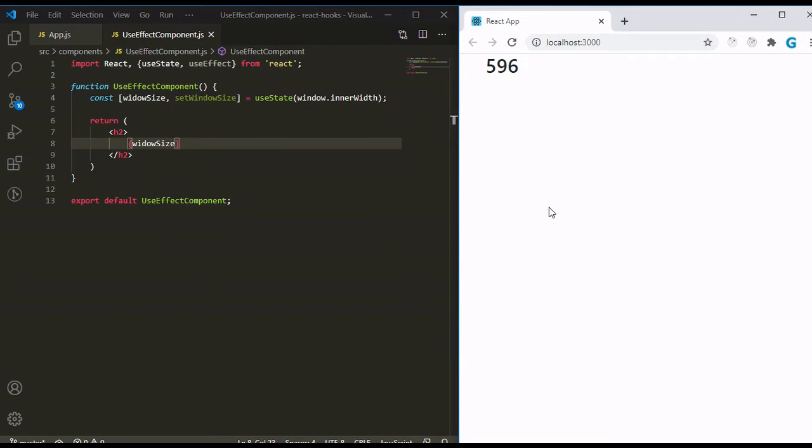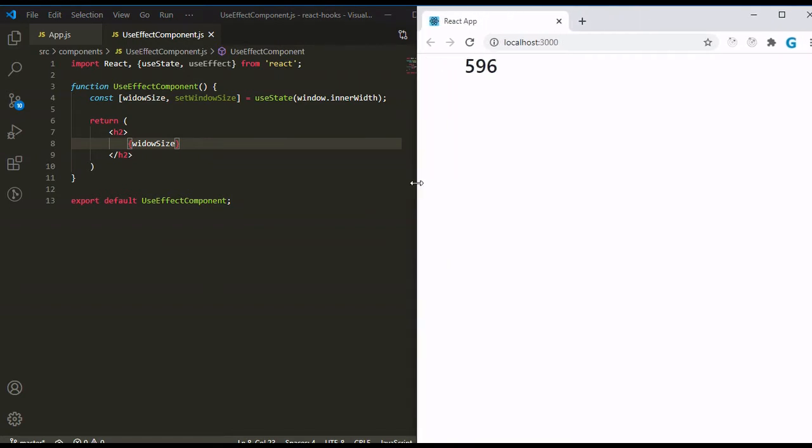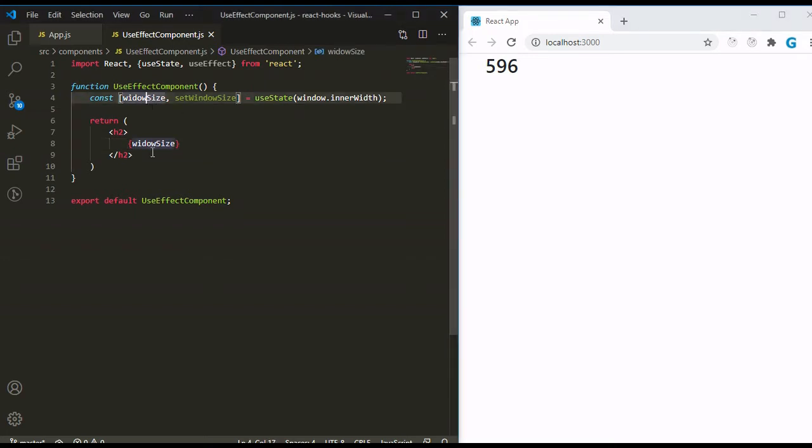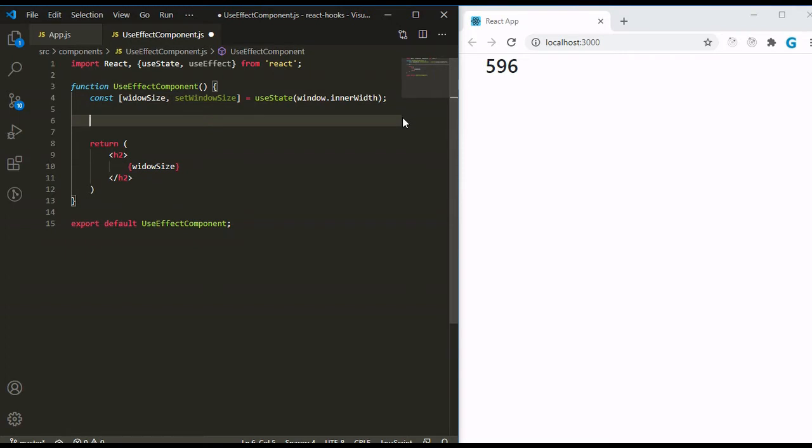So friends, when I resize the window, you can see there is no change in the window size, because when this component mounts on the DOM, it takes the default width we have assigned to the windowSize state, so it displays on the screen. To change the value at runtime when we resize the window, for that we will use the useEffect hook.